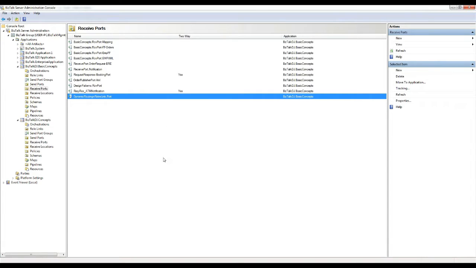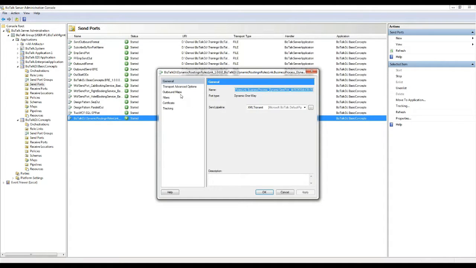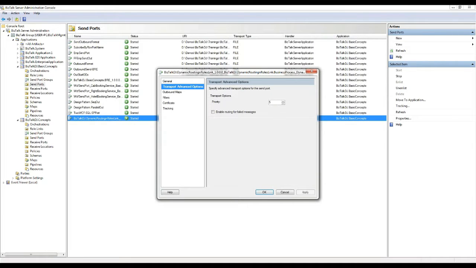And once you deploy the orchestration, you can see on the send ports, a dynamic send port got created automatically.